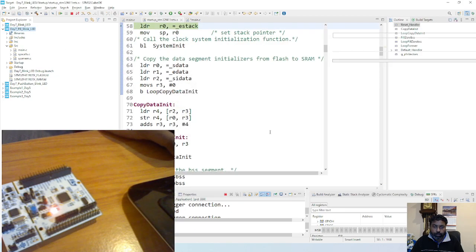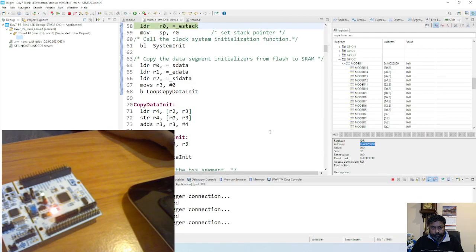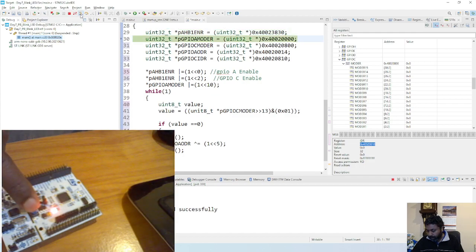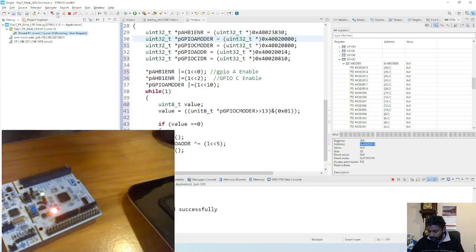Switch. Okay, if you go into step in, if you press the button, now watch the LED. So when I go to run, if I press,